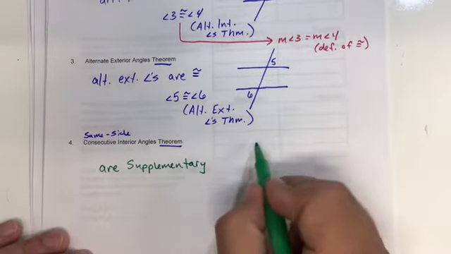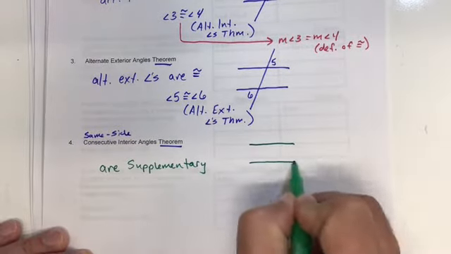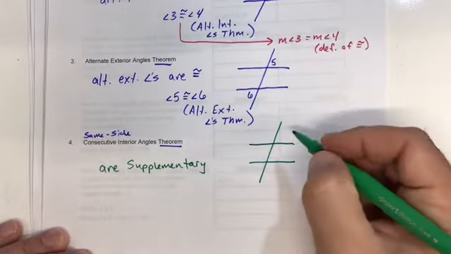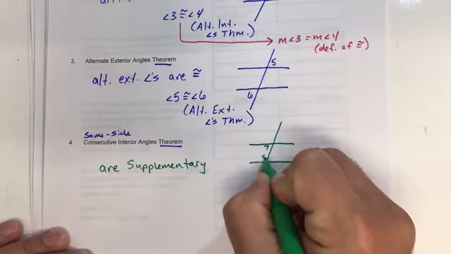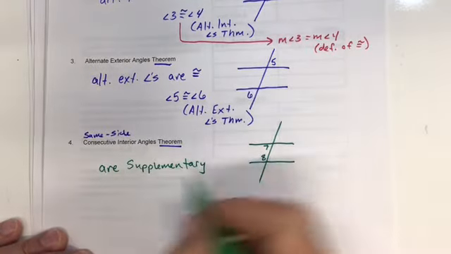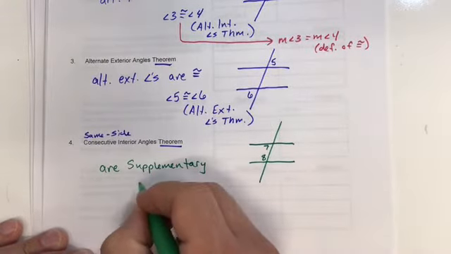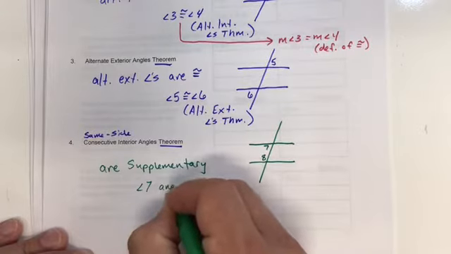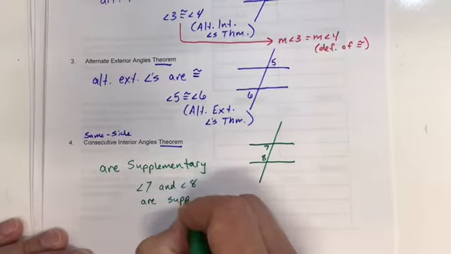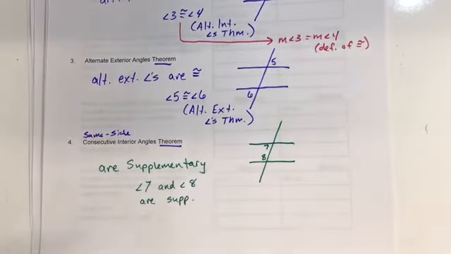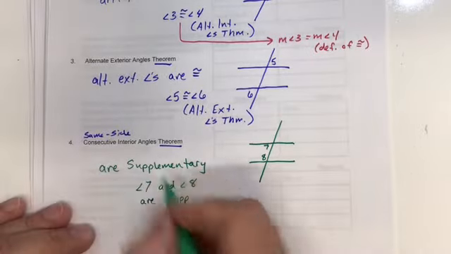Okay, so if I had a situation like this, where I had consecutive interior angles, like 7 and 8 here, we would say angle 7 and angle 8 are supplementary. Notice how I wrote that out, kind of an abbreviated sentence. Your reason is still this theorem,